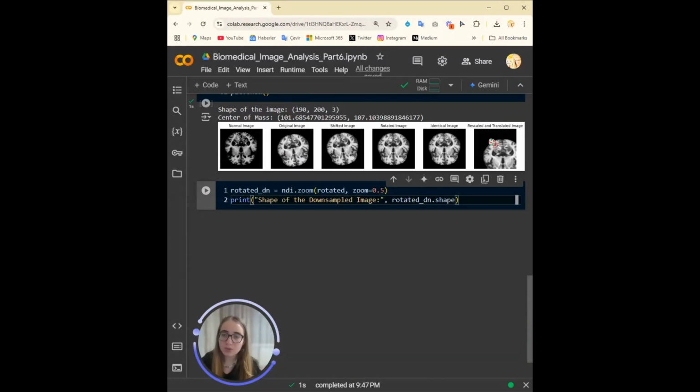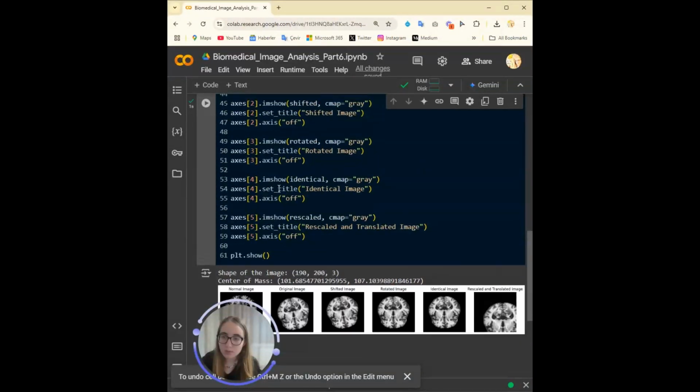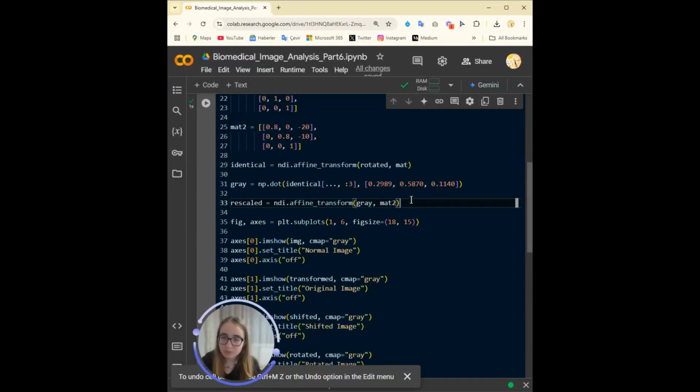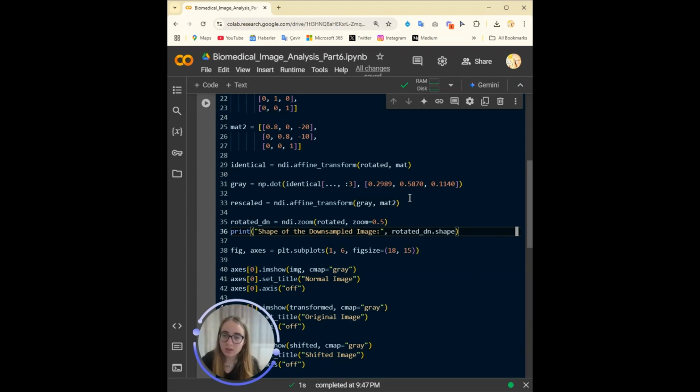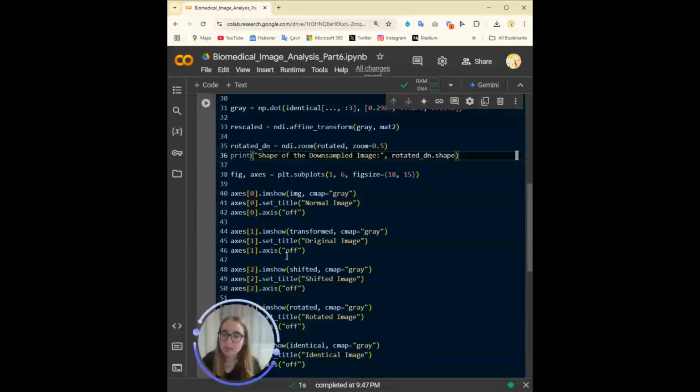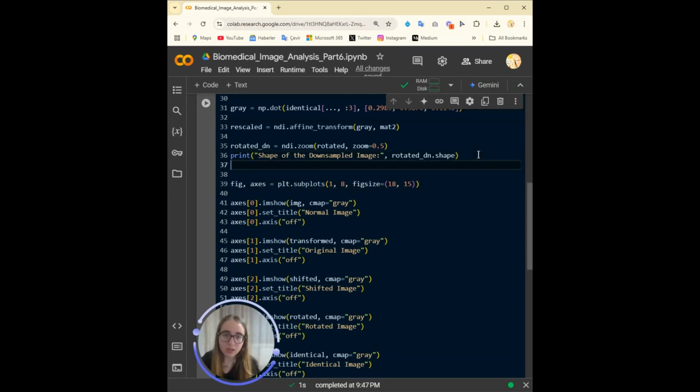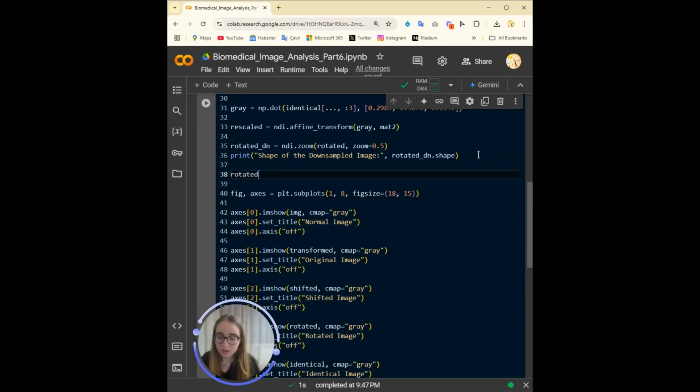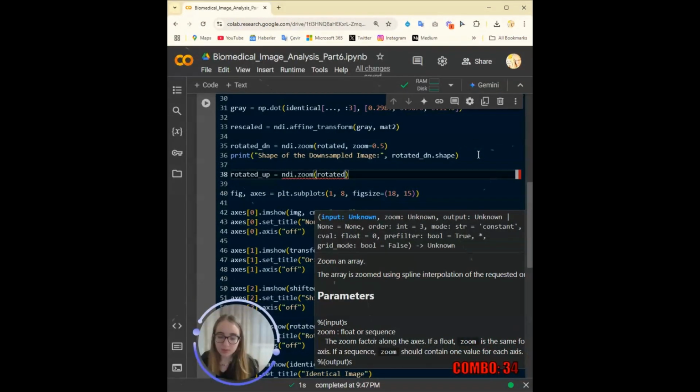Maybe I should continue with the previous one because I really liked how we can see each transformation. Maybe it's not the best idea to put them all in the same row, but as long as we can see it, then we are fine. I'll make it 8 and also add the upsampled one too. So here we'll say ndi.zoom, but what we do is we'll give a number bigger than 1.